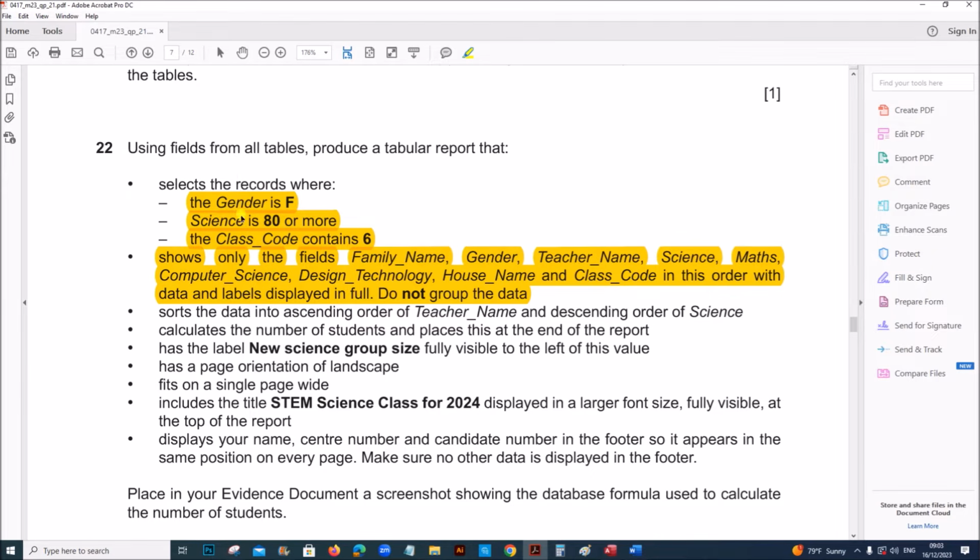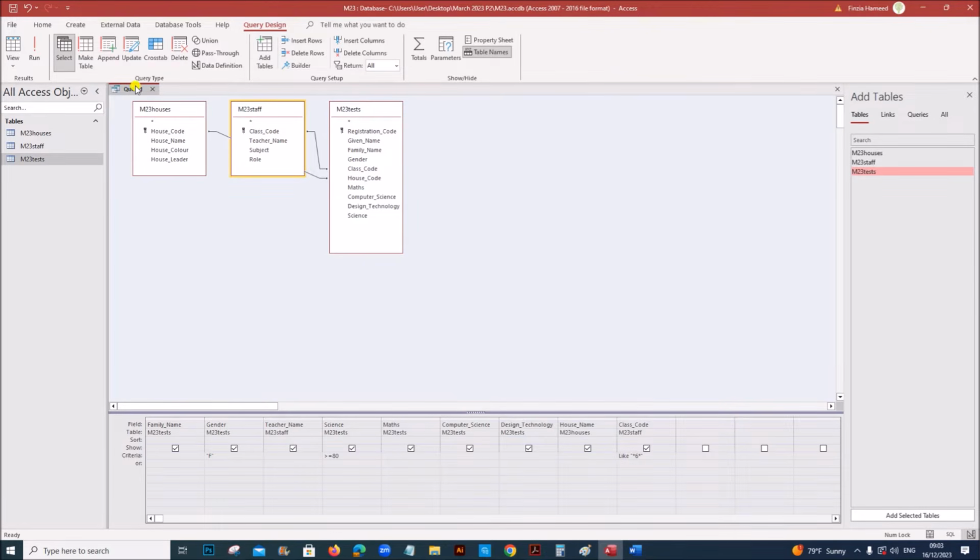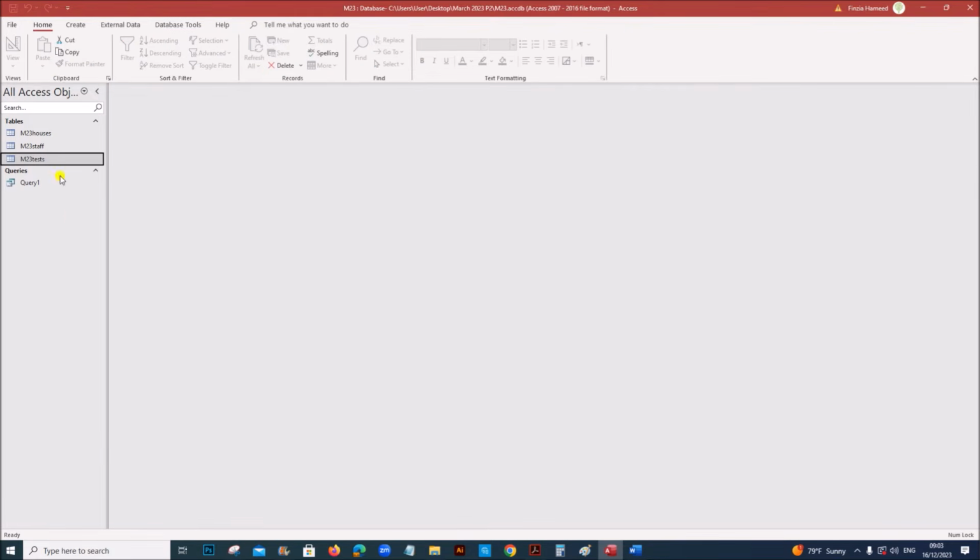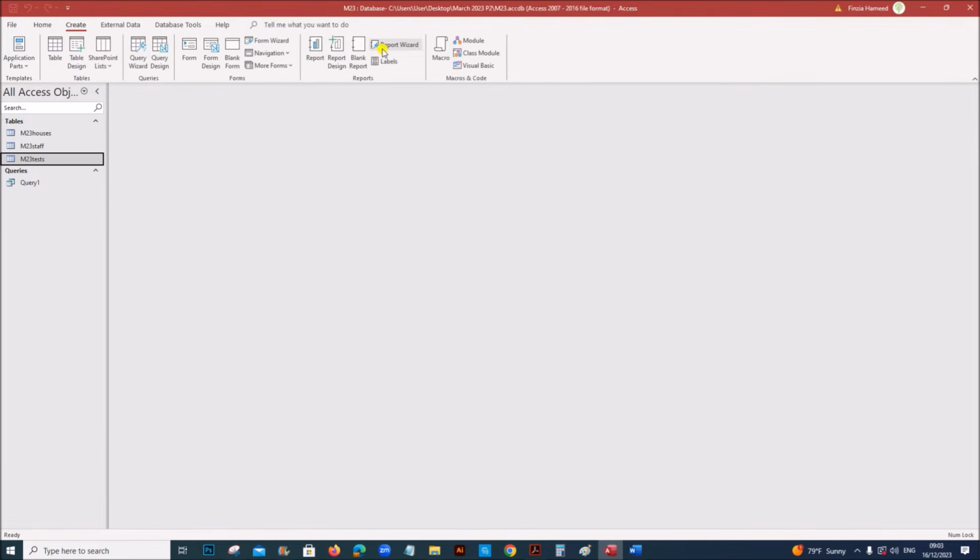So we have given all the criteria and the fields. So the query is ready. Now let's save the query and create the report. So go to create report wizard,